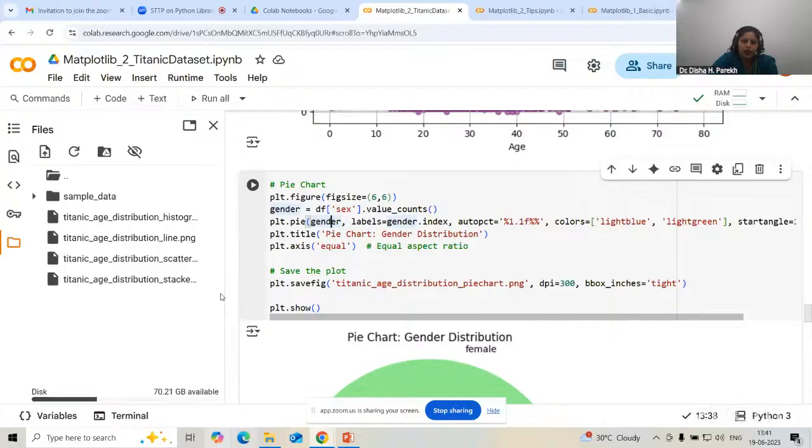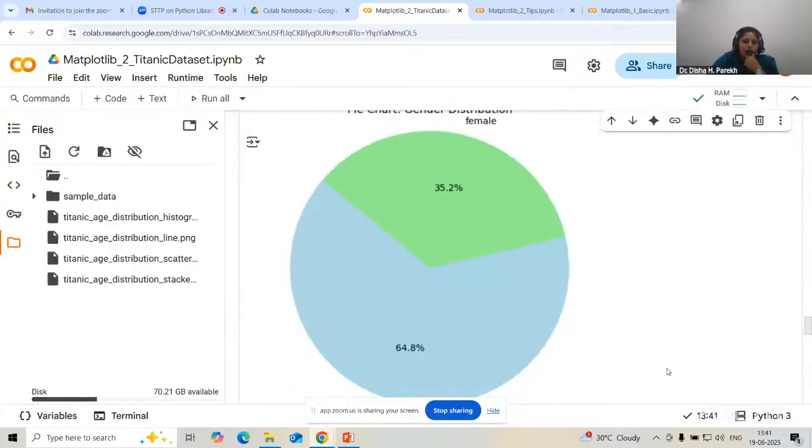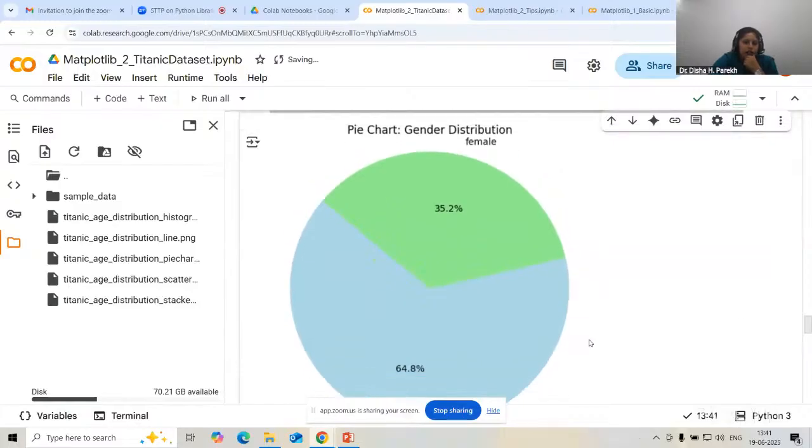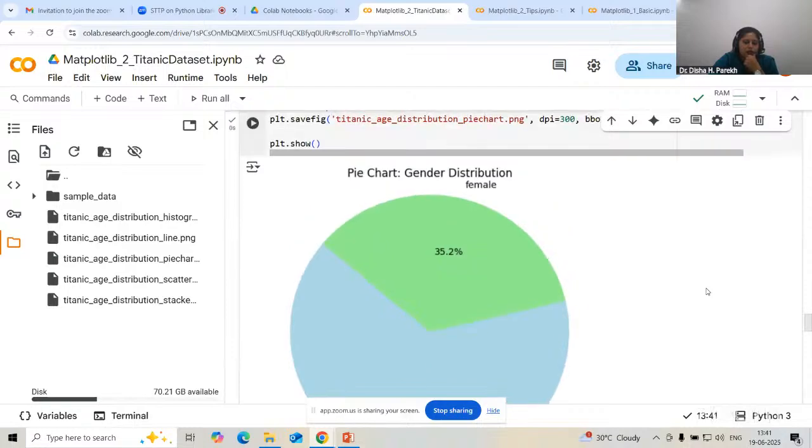All right. And then pie chart. I've given the title pie chart, gender distribution. Axis I have given as equal, and then I have saved the plot and I'll just execute it once, and this is how you get it. So if you understand, I have written 35.2% and 64.8%, and this point 2 and point 8 precisely comes from this